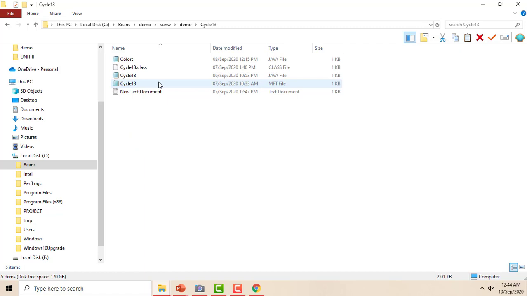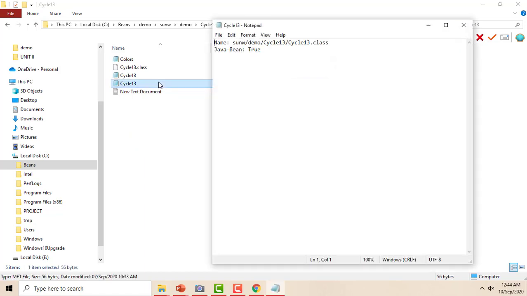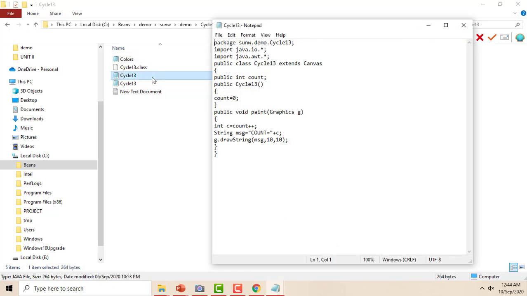So here in the cycle 13 folder I am creating one cycle 13 program. This is the cycle 13 program. Here I am incrementing the count of one component. What are the rules that we want to follow?